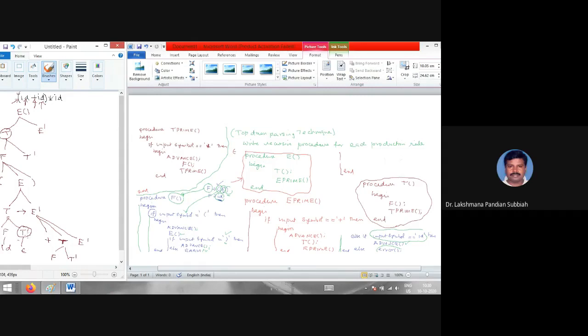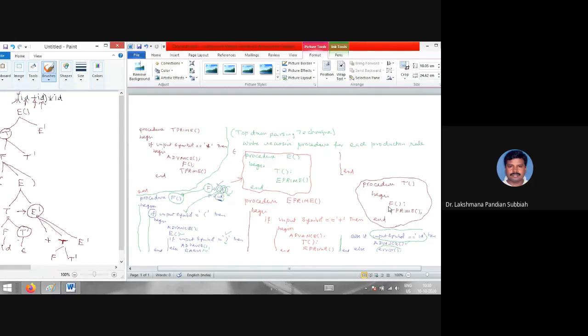So this is E dash now we are calling, correct? So this E dash is in turn plus is accepted. The pointer will move to ID, right? Then here it will call the function called T, right? So the function T is F T dash. So it will go to F T dash, correct? Here you see this one.